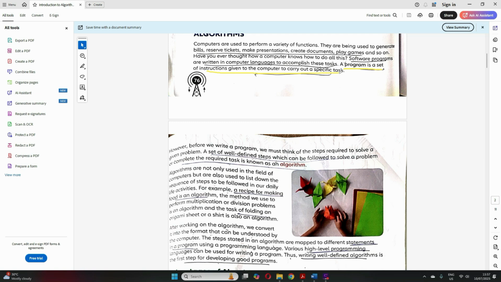Computers don't understand our language, right? So we have to give this set of instructions to the computer in its language.